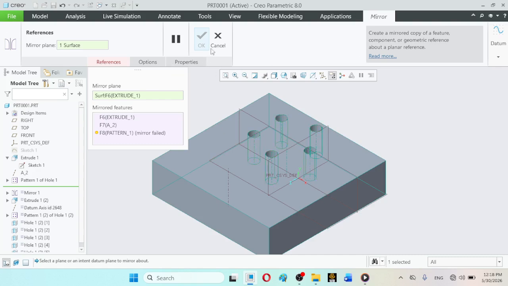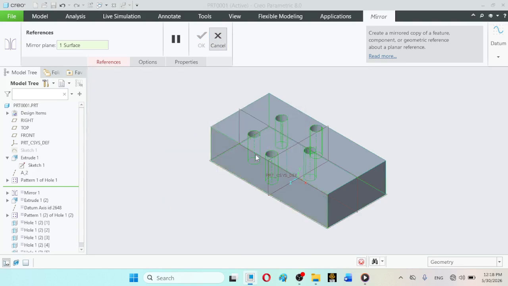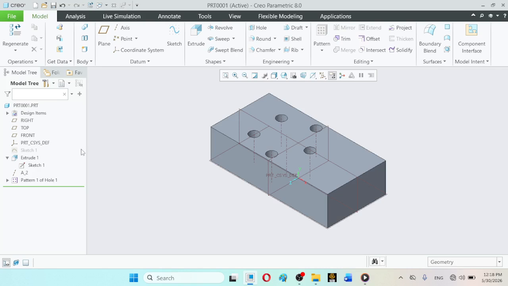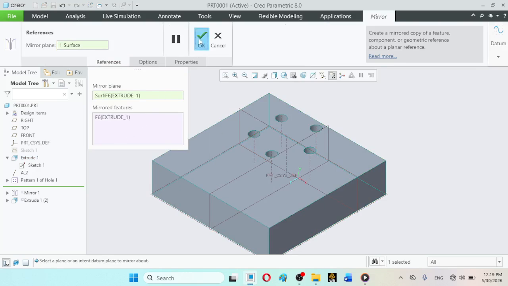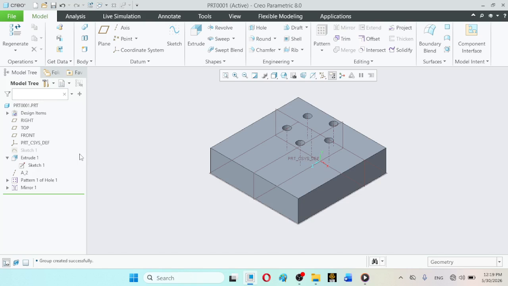Still this command is failed. So what you can do, you can first of all simply mirror this cube. For example, you can select the extrude and click on mirror and select this plane. This has been mirrored out, and after that you can select this pattern and